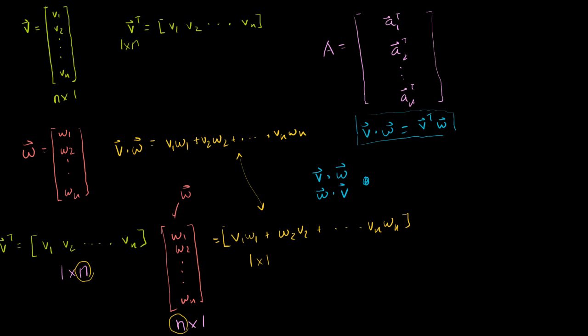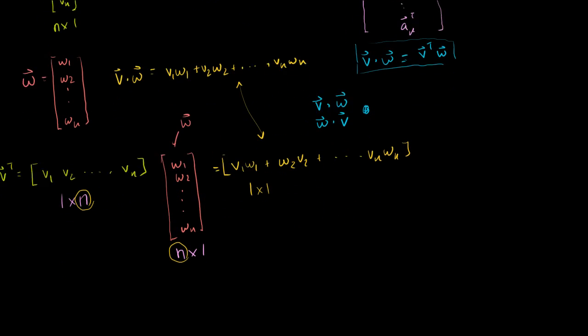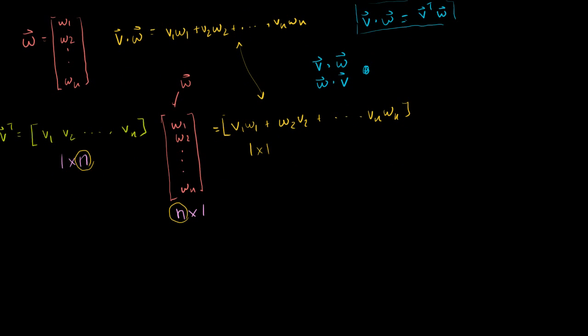Let's say I have some matrix A, and it's an m by n matrix. Now, if I were to multiply that times some vector x, and let's say that x is a member of Rn, so it has n elements, or another way you could view it is it's an n by 1 matrix. Now, when I take the product of these, what am I going to get?